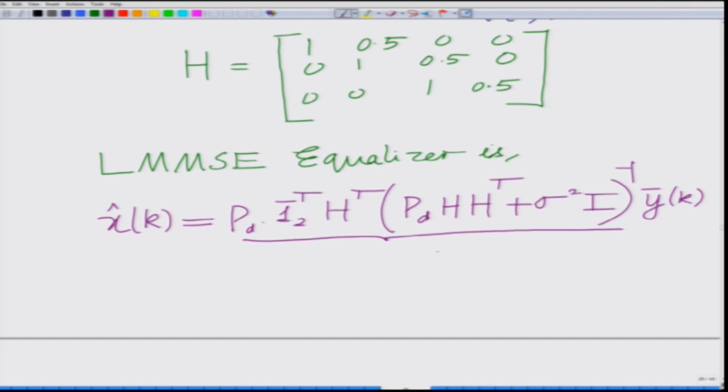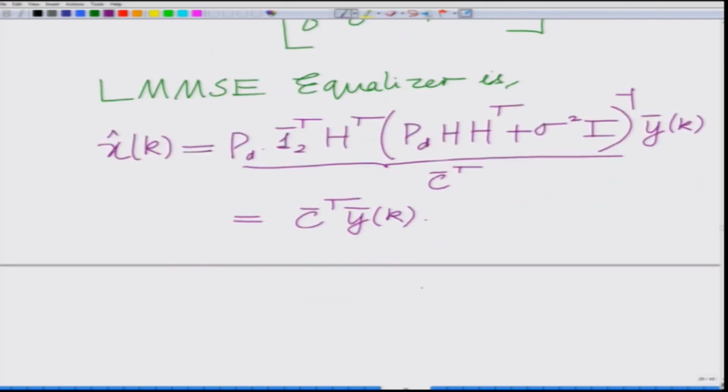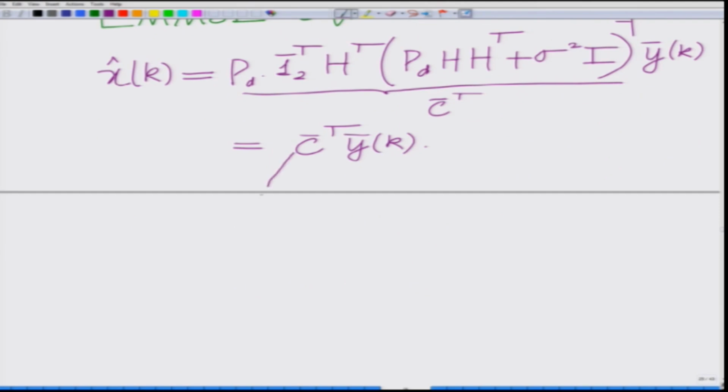Let us call this C bar transpose. So, this can be written as C bar transpose into y bar k, where this vector C bar